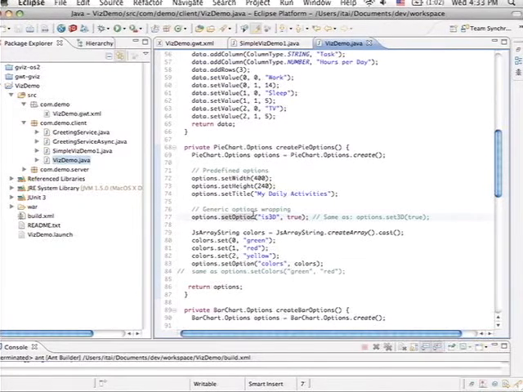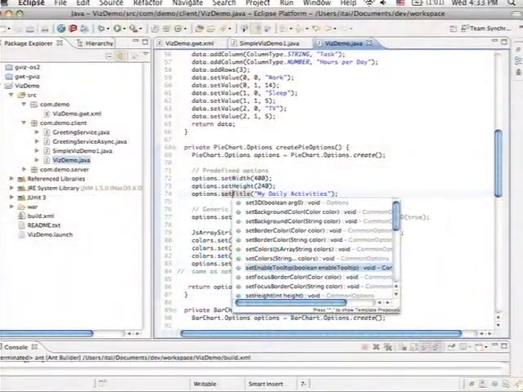So in this case, instead of specifying set 3D equals true, as I could do because it is wrapped, I use the native way, like set option, and is 3D true. And the same thing with colors, as you can see here, to override the default colors. How do I know which options are available? If we already wrap them, we can just use autocomplete in Eclipse and see the functions that are available. But if not,